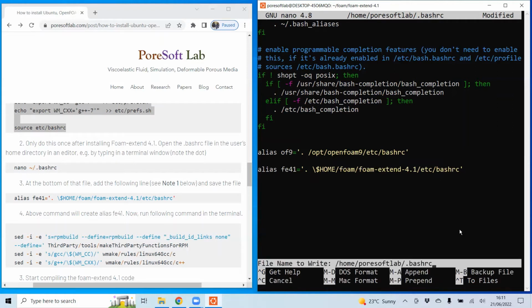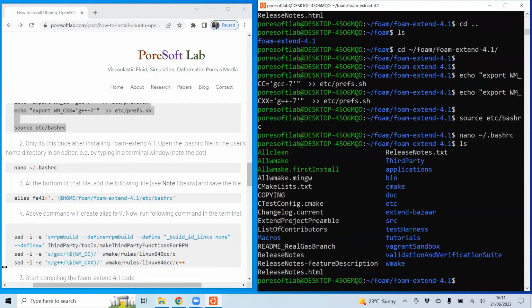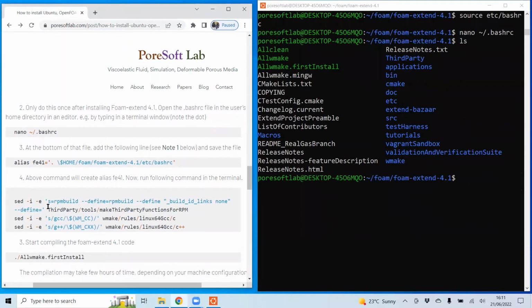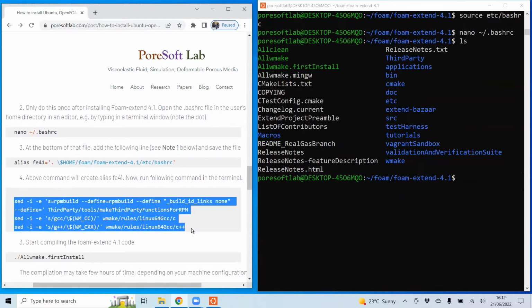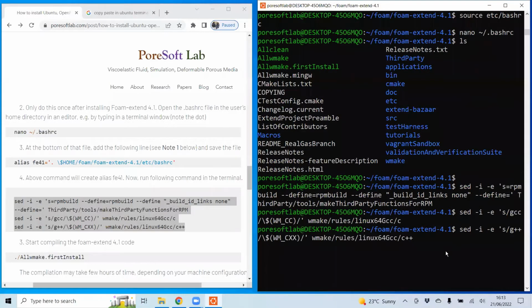Now save it by using Control O, and you can exit using Control X. Once this is done, it will create the alias, and now we can copy this next command and paste it here, and press enter.